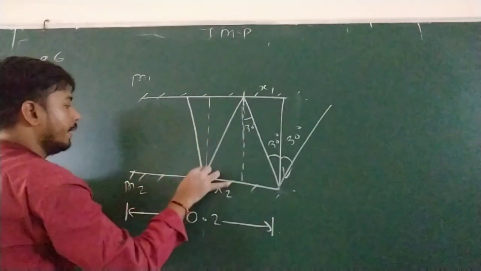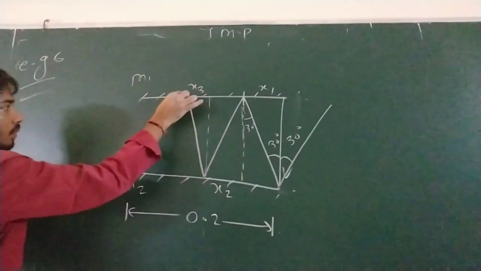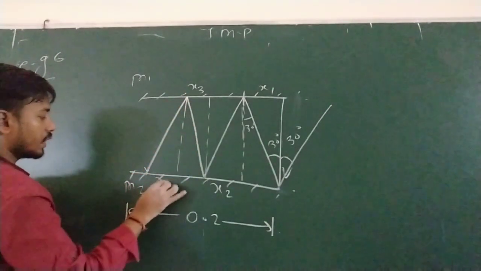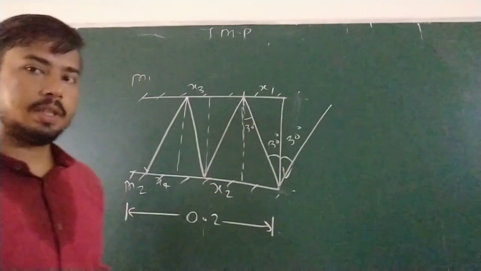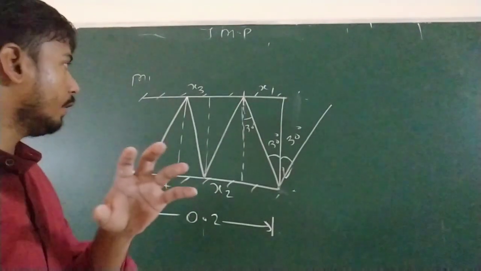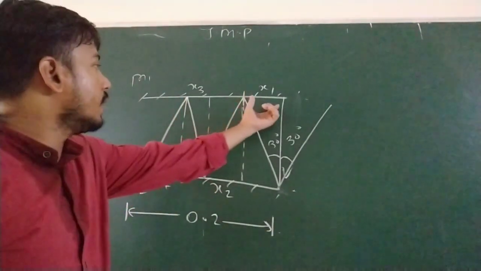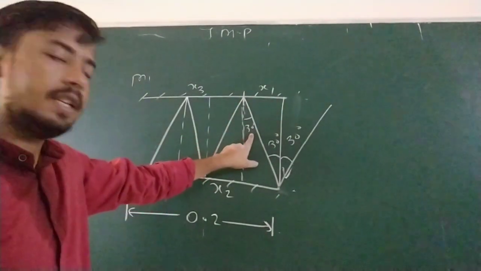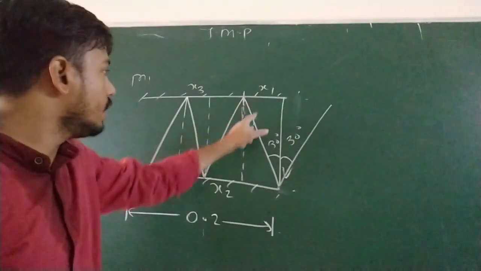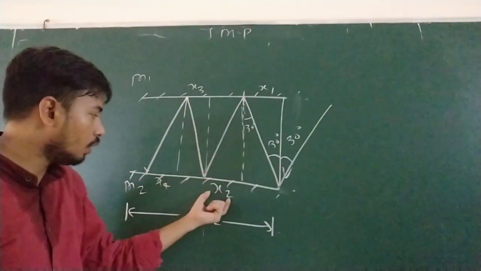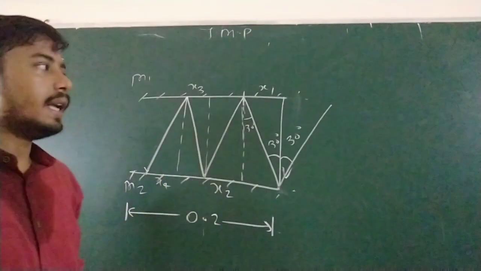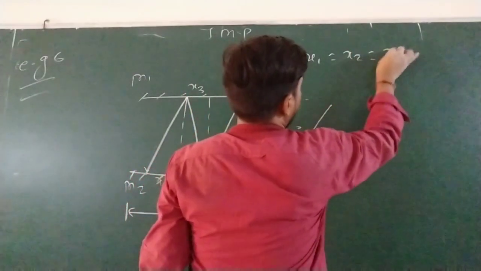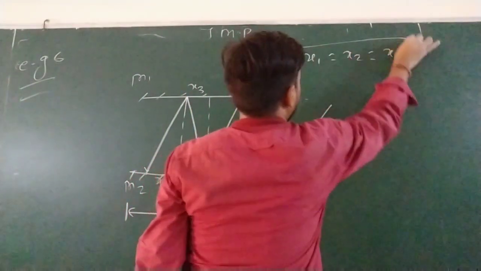Where will this ray go? See, this will come x3. This will come here like this, so this will come x4. So, total number of deviations. We have to calculate the total number of reflections. In one reflection, how much distance is traveled? x1. Because the angle of incidence here is not changing, the second time x2 will also not change, and x3 will not change. So we can say x1 is equal to x2 is equal to ... xn.